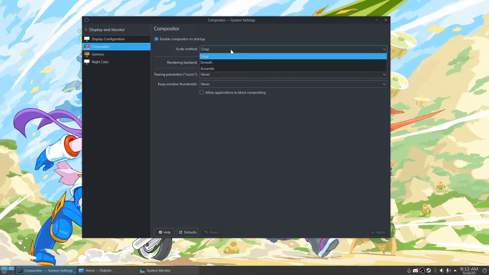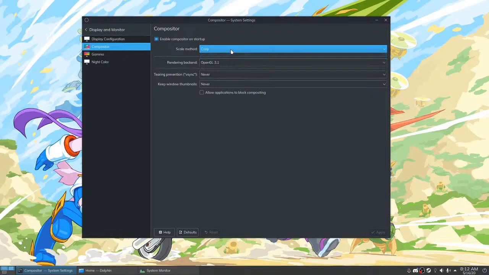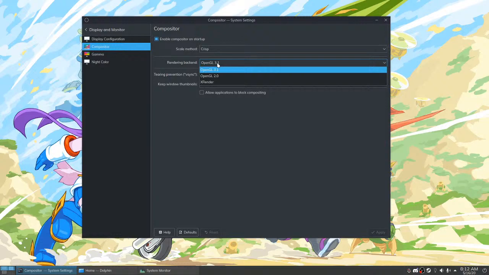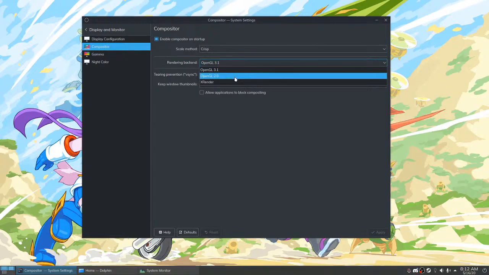Scale method is crisp, just because I don't have a reason for it. Full screen repaint messed up NVIDIA. The rendering backend is OpenGL 3.1. I read that OpenGL 3.1 has extensions, OpenGL-like functions and extensions that allow it to do things faster than OpenGL 2.